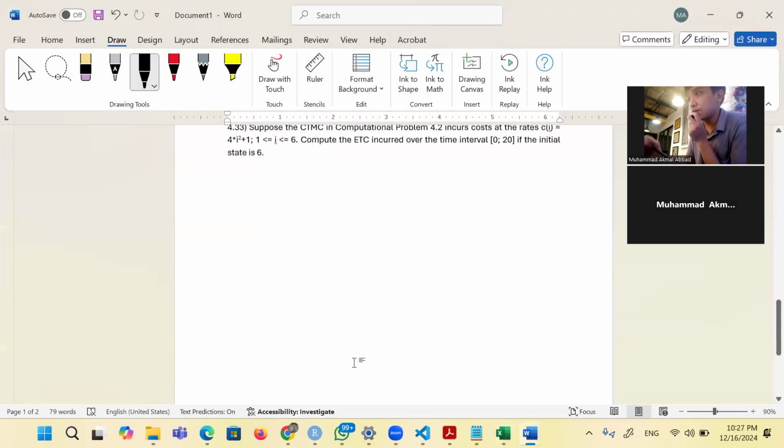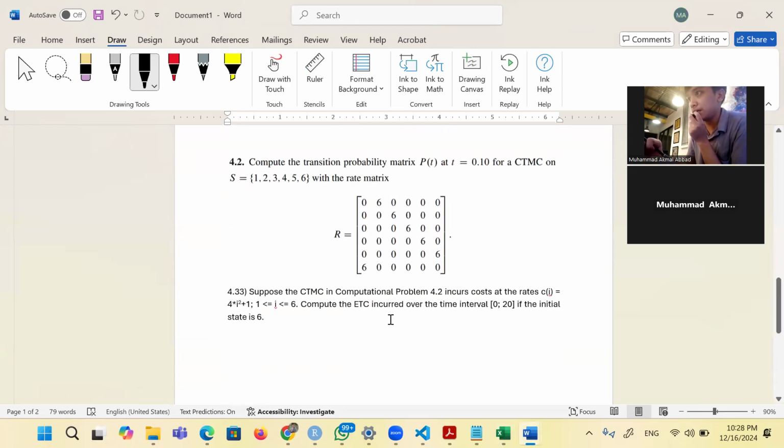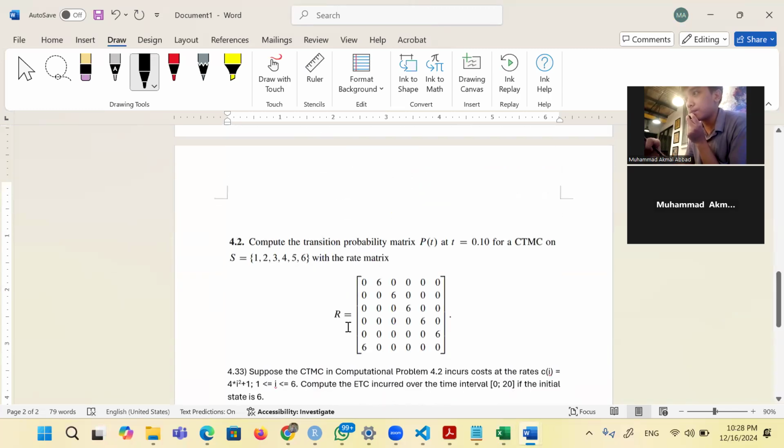The same goes for 4.33. For question 4.33 here, we get the matrix like here, and then we have the interval 0 to 20, and C_i is 4 times i squared plus 1, with i from 1 to 6, and the initial state is 6. We will calculate in the same way.